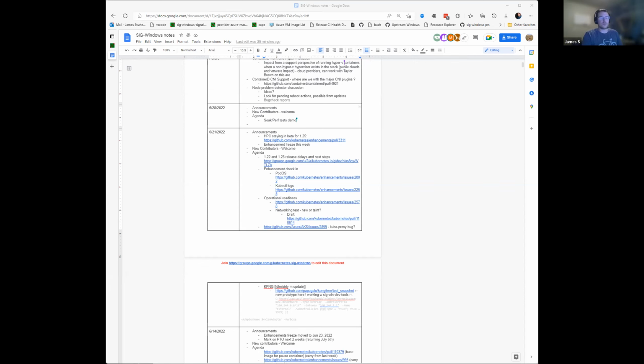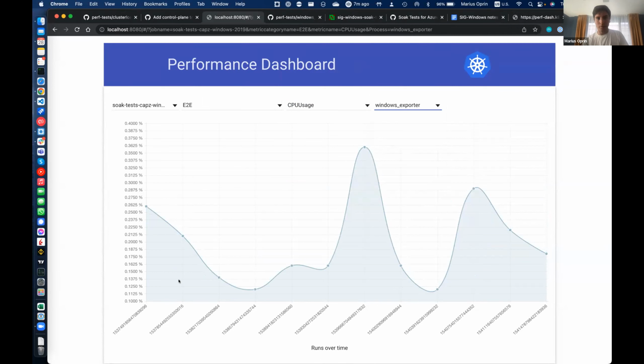Here you can select the metrics that we are interested in, and we can see the graph for each build that has run. Currently, it's running daily.